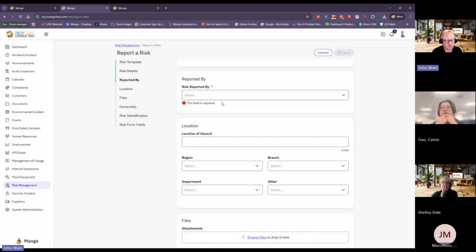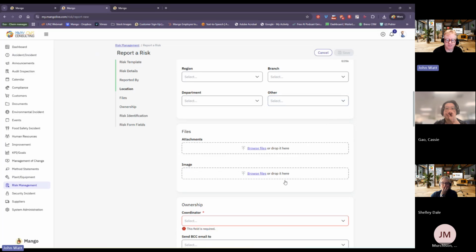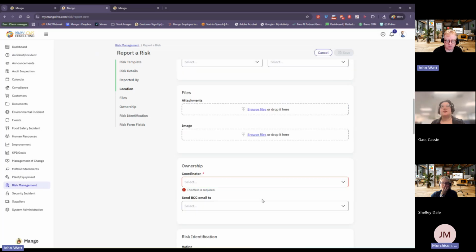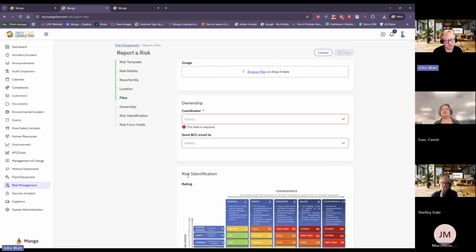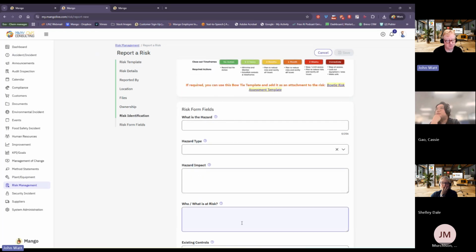The risk module is not on the API. The reason for that is that this is the risk template, say for health and safety. Down to this point is fixed. From this point down, it's 100% custom. So you can have whatever risk matrix you want in there and whatever questions you want to have in here. And because it's 100% custom, it's kind of hard to add into a standard API. Okay.